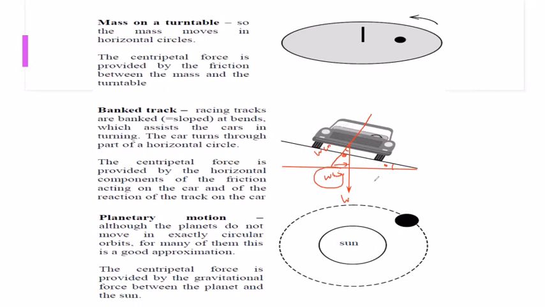Same thing, the planetary motion, the movement of the planets around the sun. So what happened? According to Newton's law of gravitation, both Earth and Sun are applying force on each other. So the gravitational force of the sun is directed towards the center. So Earth is revolving or moving in a circular path. How is Earth balancing? Because